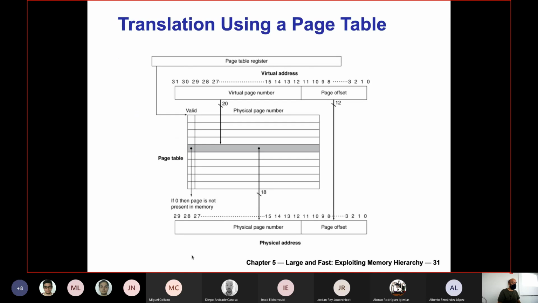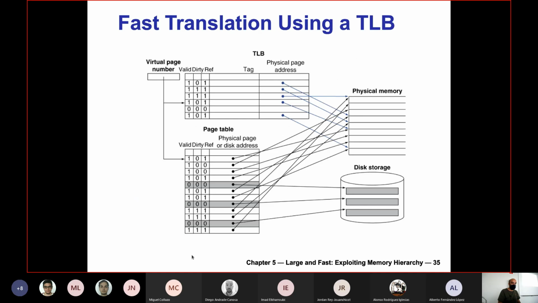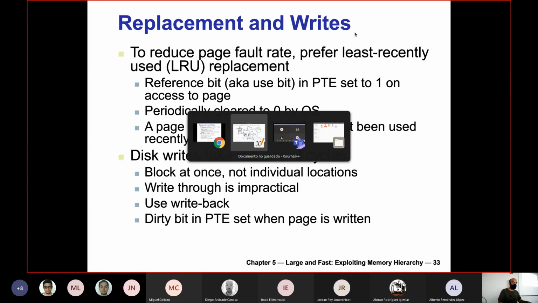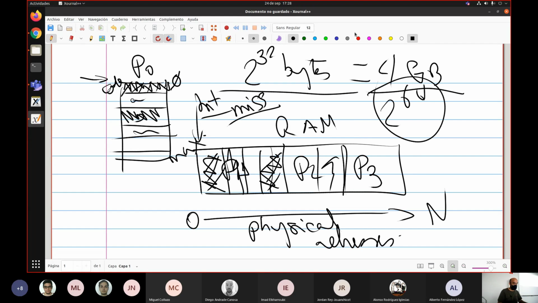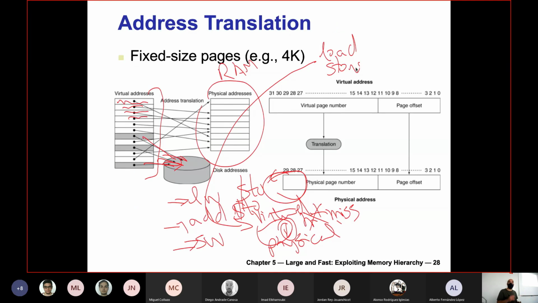So something that is also relevant for the performance, and sometimes you are going to find this in performance tools, is the translation look ahead buffer. So what I have just told you is that every time that you make a load or a store operation, you need to make a translation. And as you can imagine, this translation takes time. You have to pay for it. It's not instant. It requires time to make the translation itself. So in order to accelerate this process,